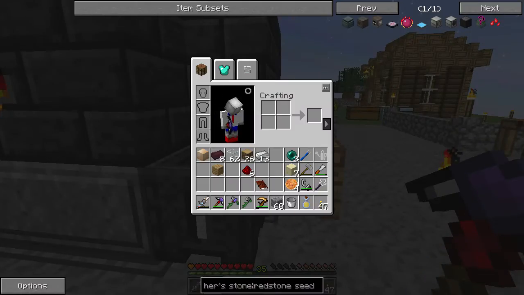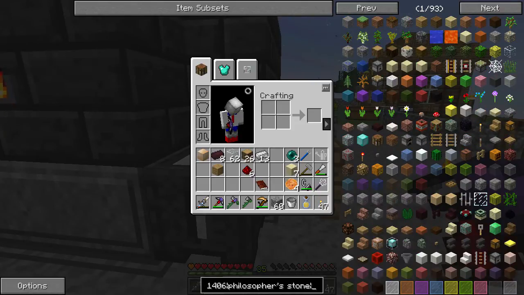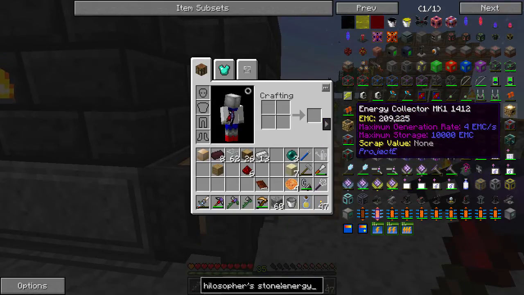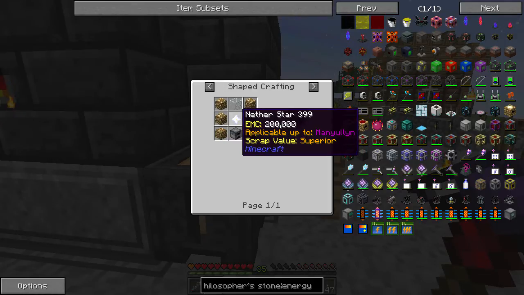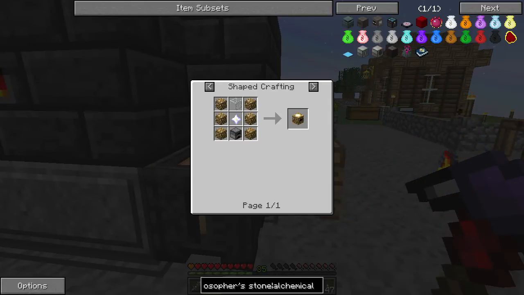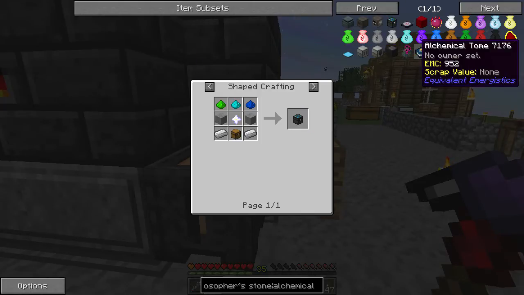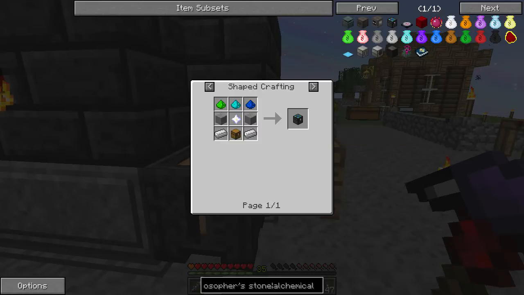There are some items called, what are they called? They are energy collectors. These guys, which I can't make yet, they require another star, which takes 2,000 EMC. But what I can do is set these guys up and set up an alchemical chest, I believe. Oh my gosh, that takes another star. We're going to kill a lot of withers. I believe this alchemical chest or